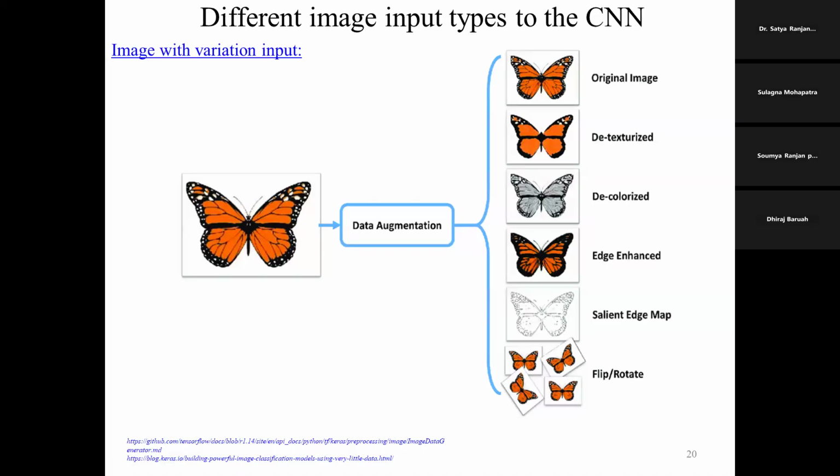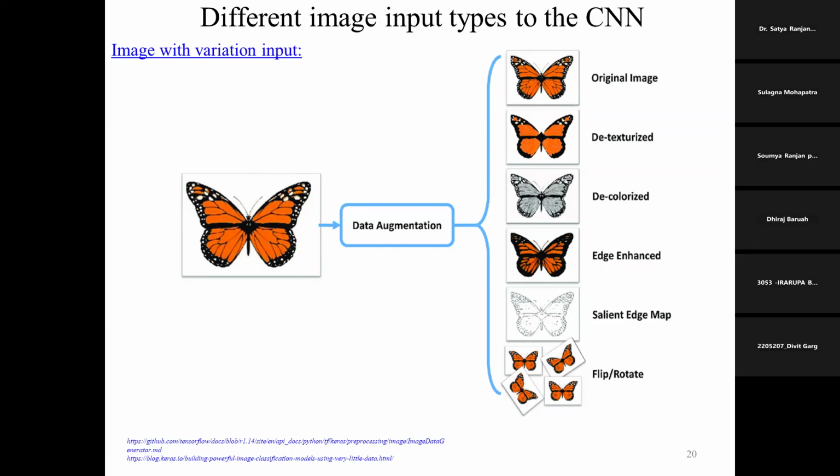For some rare diseases, we have less than 500 or 600 images only. In those cases, go for augmentation before the training and testing data division when you have very little data, maybe less than 1000.